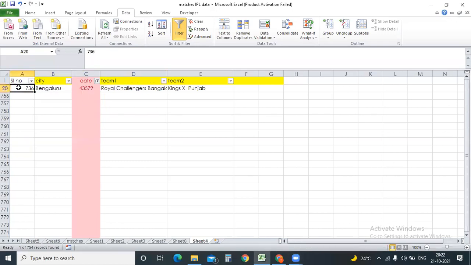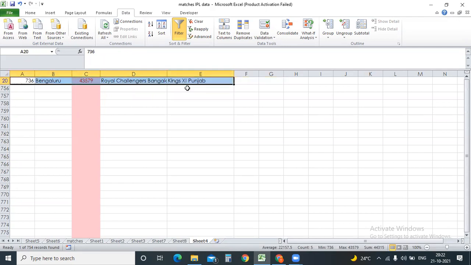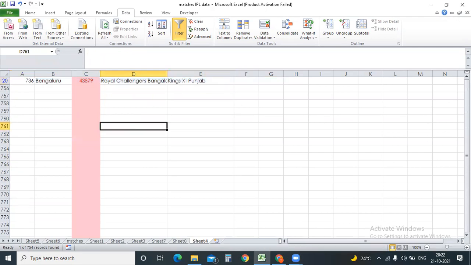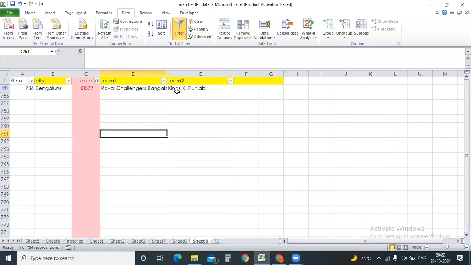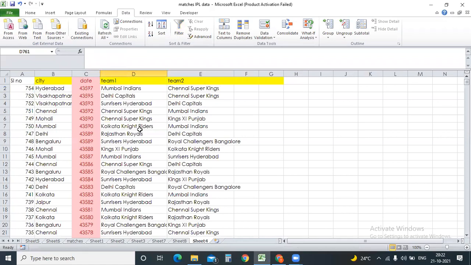So when you're using some data clustering, some data analysis, this filter option is very, very useful. When I was working as a data analyst around 4 years back, this was a very important feature which I used every day. When you start using real-time data and start filtering, the filter option is a very important one.